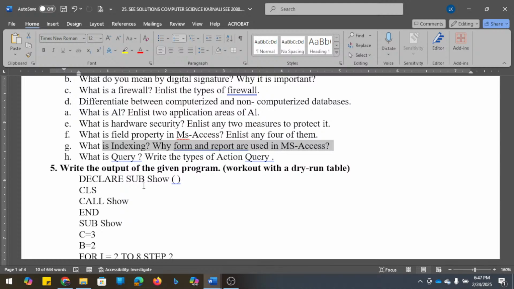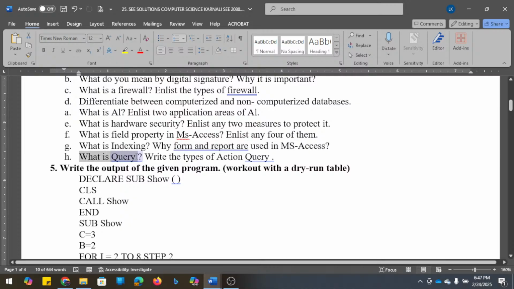When we talk about the form, it is an object and it is used to enter the data. It provides a better gateway to enter the data in a table, and we can also directly switch to a particular record in the navigation. Whereas a report can be used to print the documents or the summarized report so that it can be used for decision making.